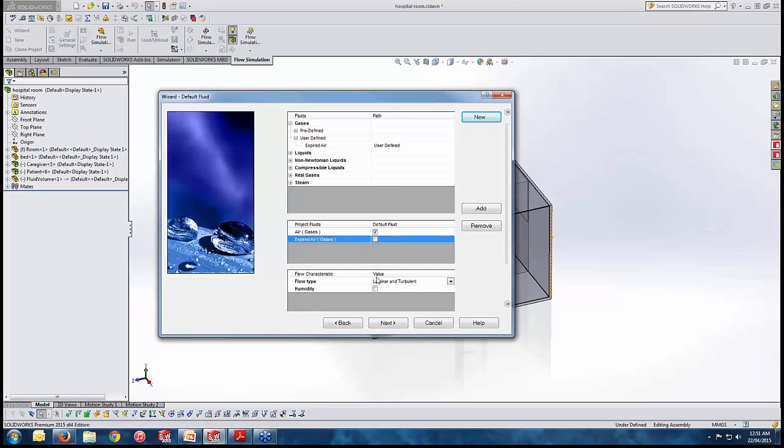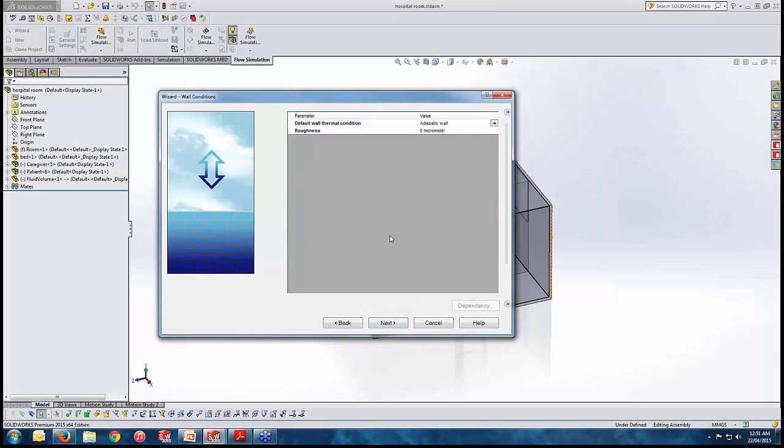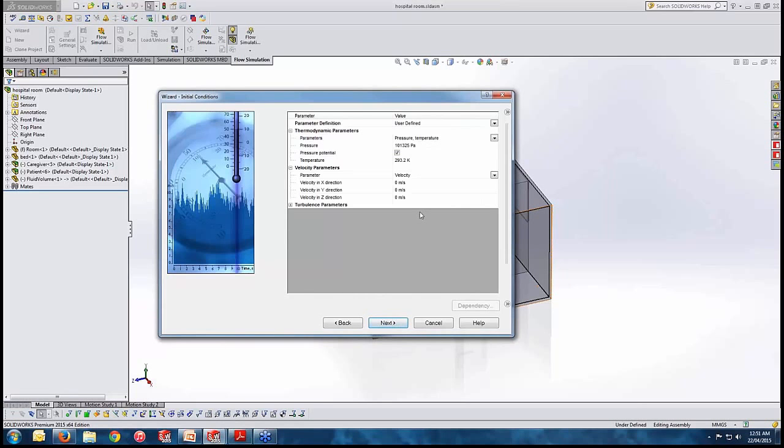I'm simply removing the tick. Go next. This time wall condition, I'm considering adiabatic wall. There is no heat transfer to the surrounding and the wall has zero roughness. And then from here we would like to go to initial condition. You can see the initial condition is considering